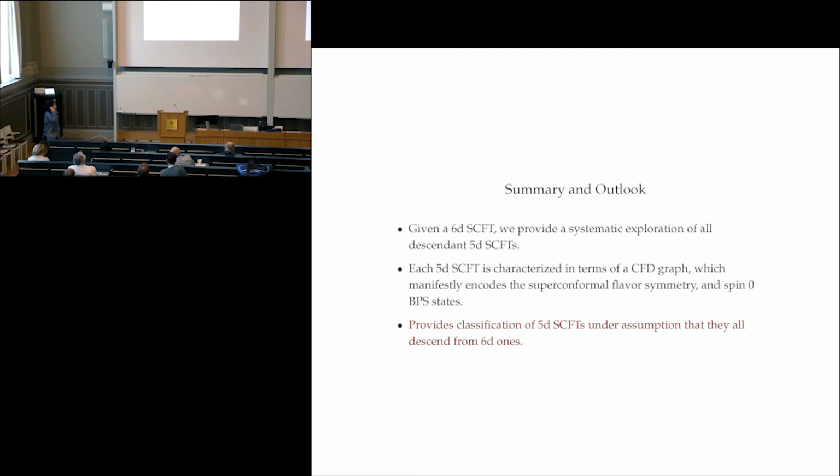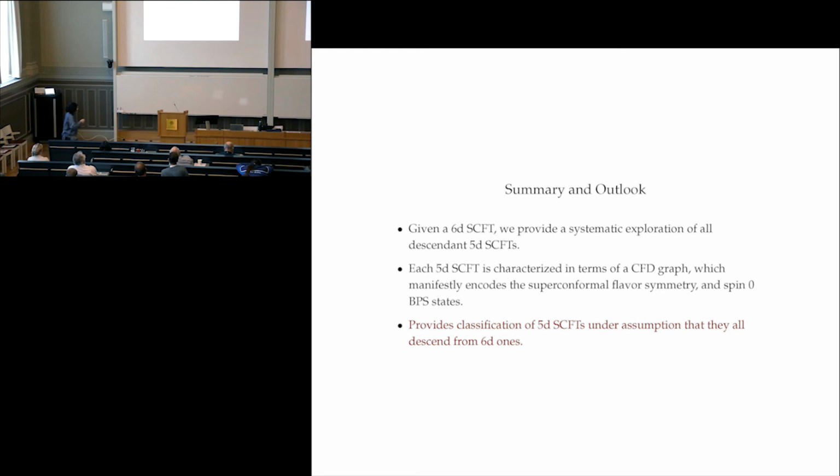At least the simplest instance that we can now completely automatize is when you have two colliding singularities that are Kodaira type that collide in a non-minimal singularity. And I think that can also be applied to the higher rank E-strings, to the non-minimal conformal matter theories. So each SCFT, let's say, is characterized by one of these CFD diagrams, and they manifestly encode